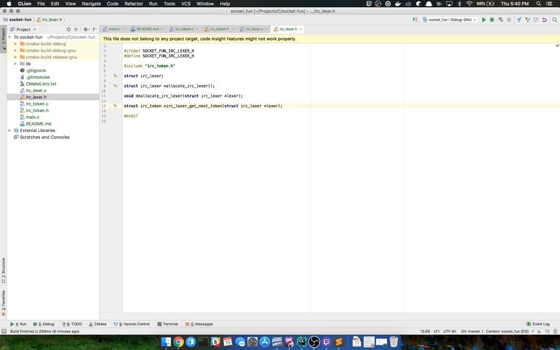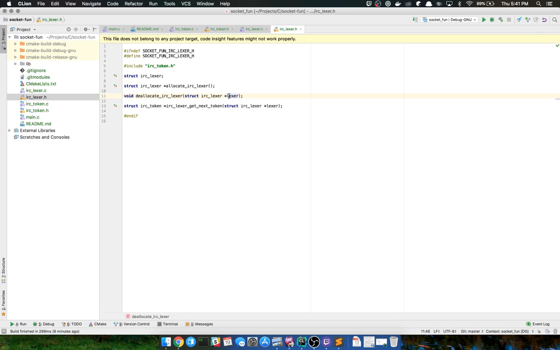I think that's all I need for now. If I recall correctly, a lexer's purpose is to tokenize or take some string and then give back the tokens. So here is where we're actually going to generate the token, or create the token. And then get next token is going to return that token.